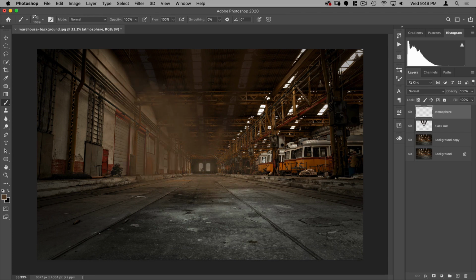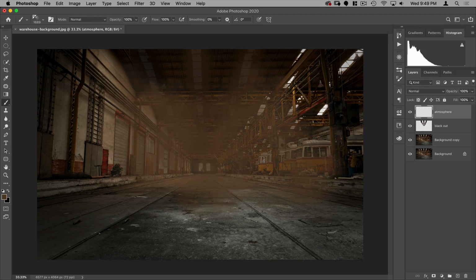And essentially what I'm doing here is just knocking back the contrast of my background. And you can always overdo this and then just knock back the opacity of this layer. So that looks pretty good. And then we'll just take the opacity down to, let's say, 80.